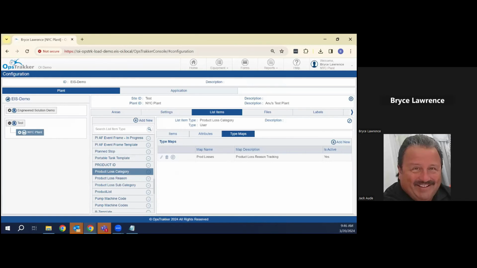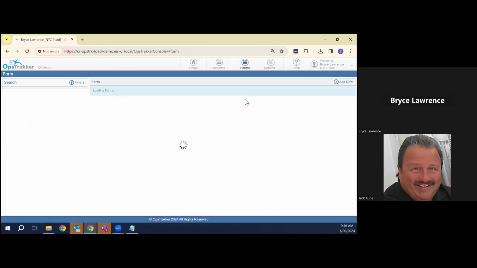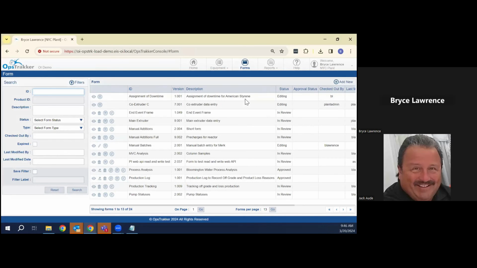Now I can add new mappings here as well. I can have as many as you can think of. What you do is add the mapping at the top level. As I mentioned, if I wanted product ID, I could have done it at the product ID, added a mapping here, built all that out, and had the loss category underneath that. I can make as many of these as I want. And then you go into the form itself, and this is where you can choose what the